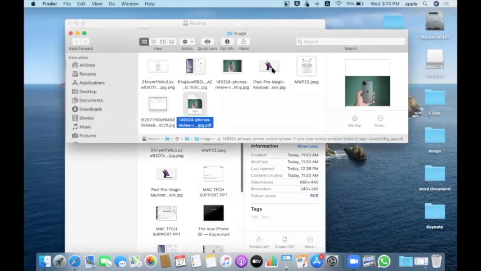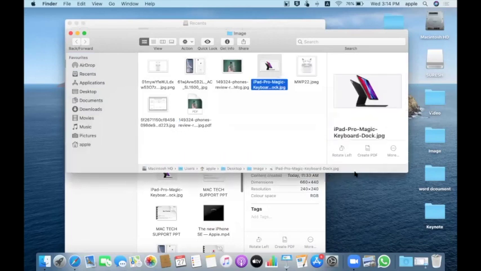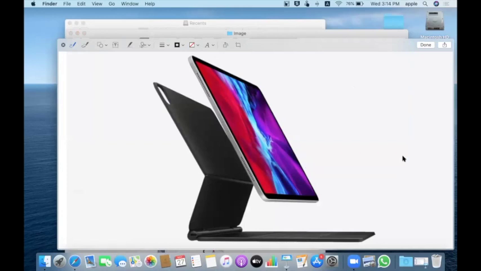Just click on the image, and if the preview panel is enabled, you can even rotate it, or you can convert that file to a PDF. Or if you click on More, you will get an option called Markup, which gives instant editing of your pictures or files.